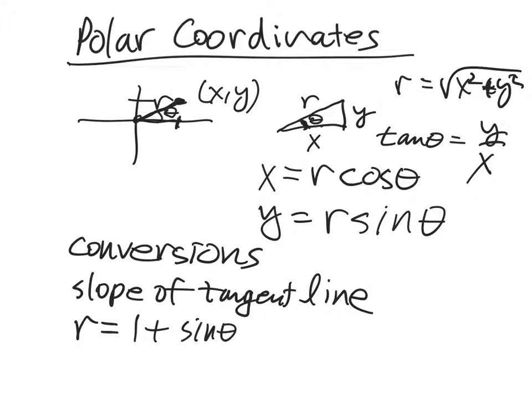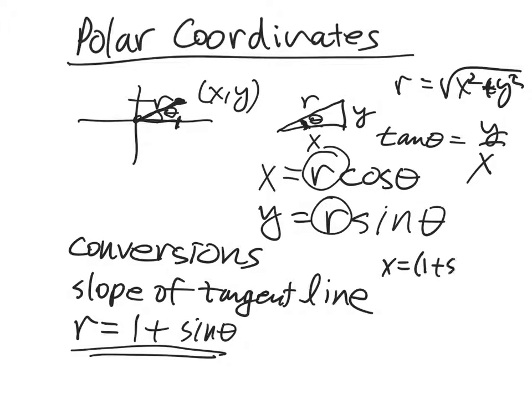To find the slope of the tangent line at a certain point or value, you've got to find dy by dx, but we've got to use the parametric equation idea. We take r and substitute it in here, and we'd have x equals 1 plus sine theta times cosine theta, and y